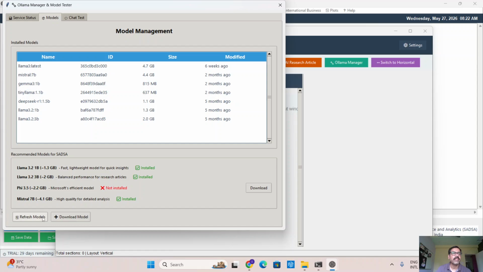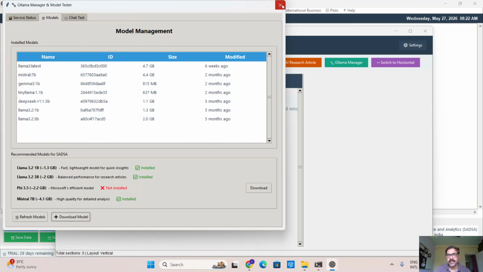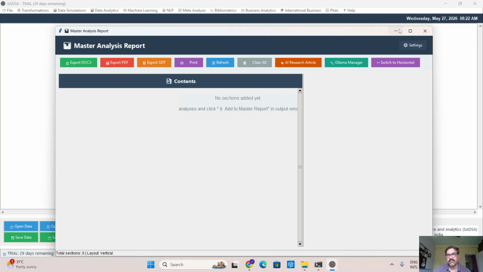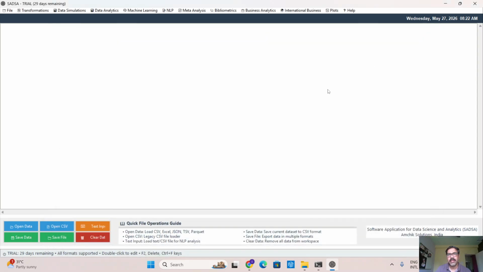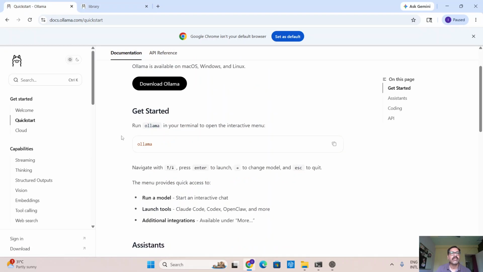Okay, so fine. I'm not going to use this app for installation. I'll do that from the backend. So how am I going to install the model? If you go back to your documentation,